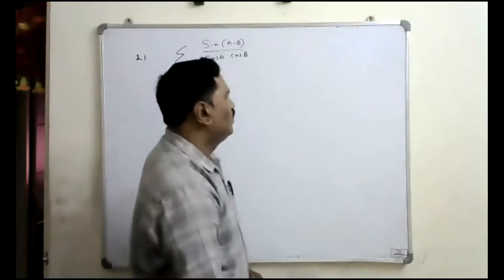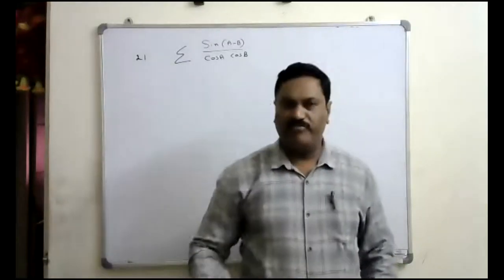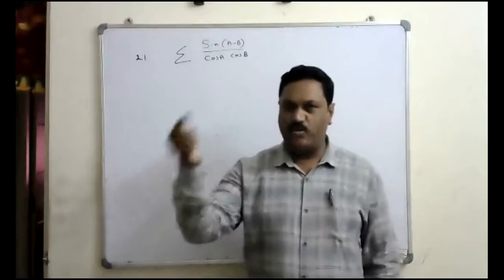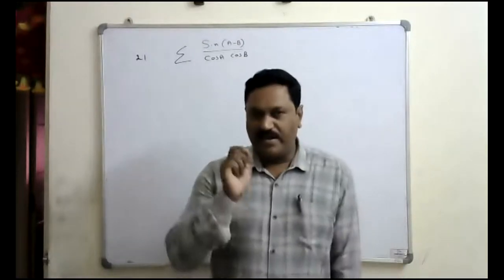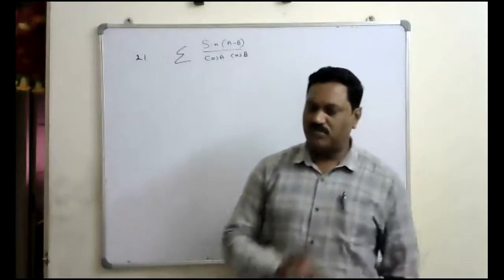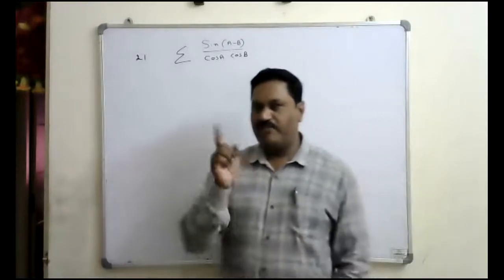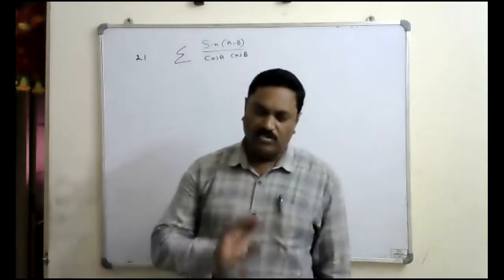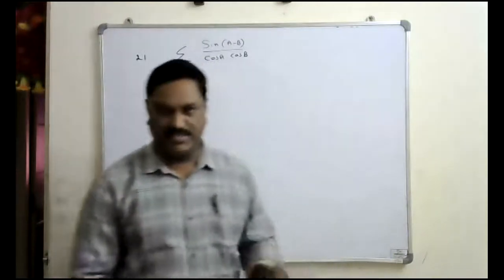Good. So always remember that whenever you have the sigma sign and you have the minus sign in the numerator, 99% of the cases the answer will be 0. So blindly we can remember that whenever we find the sigma and we have the minus sign in the numerator, most of the cases the answer will be 0.